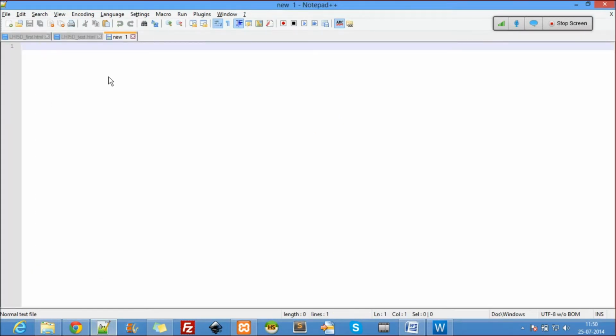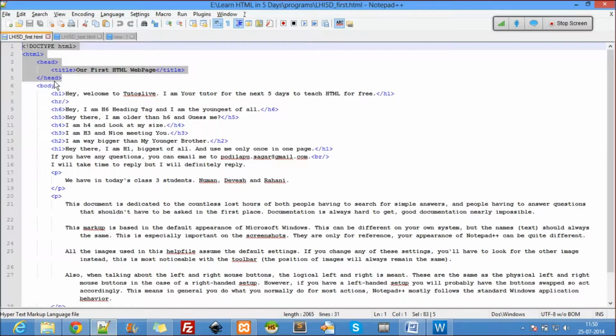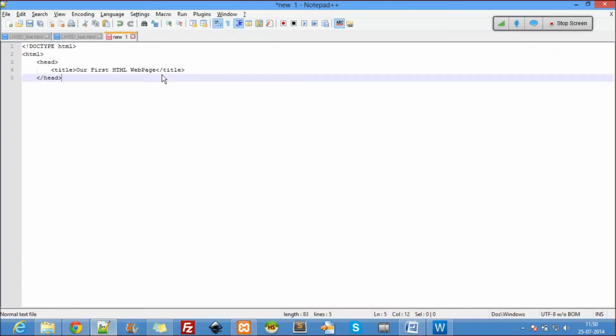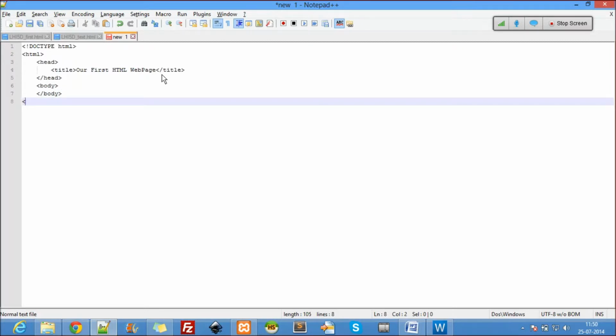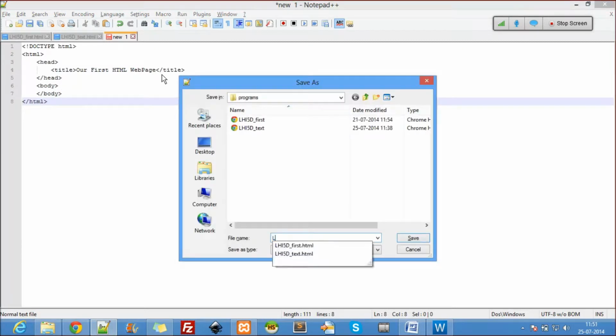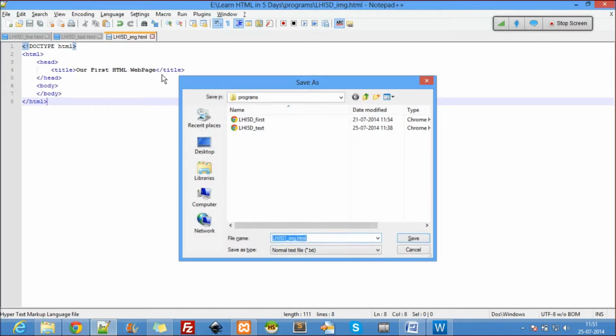I'm going to open a new program here. This is mandatory, as I told you the other day, then there's a body. Save this as learn HTML in 5 days underscore image dot html.